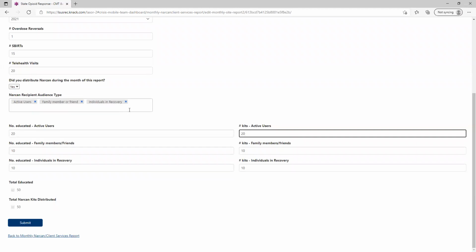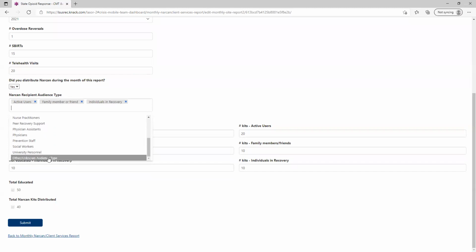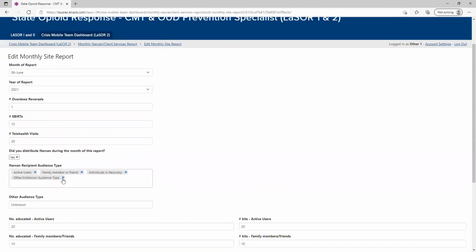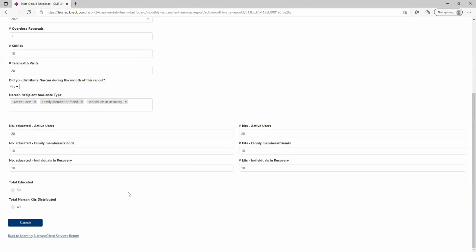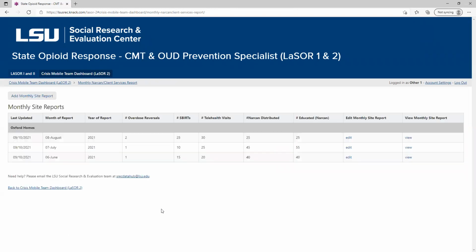But that it can help, because let's say you hadn't saved it yet and you realize you X'd out of the wrong one. If I go and add it back in, my data is still there. So that's the good thing. So we're going to X out of it and submit it to save our changes. And yes, it's back to